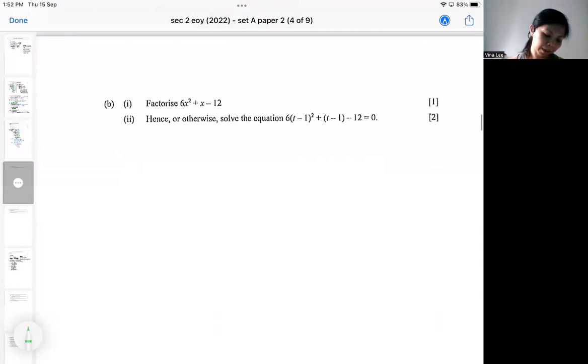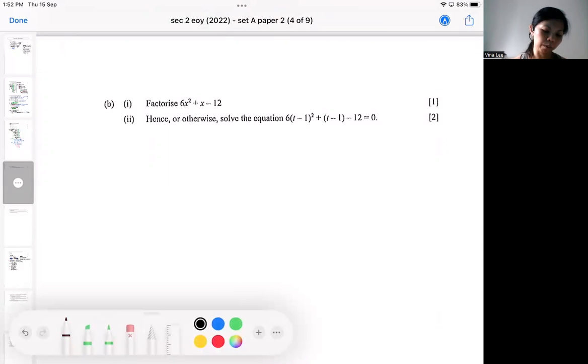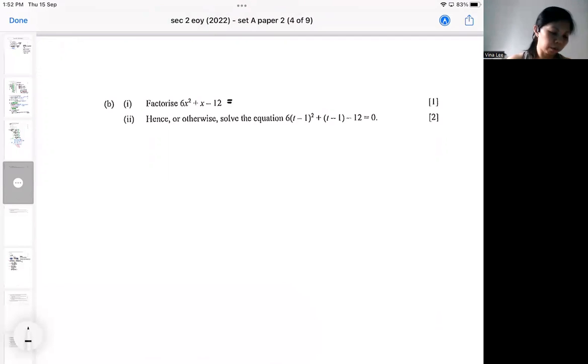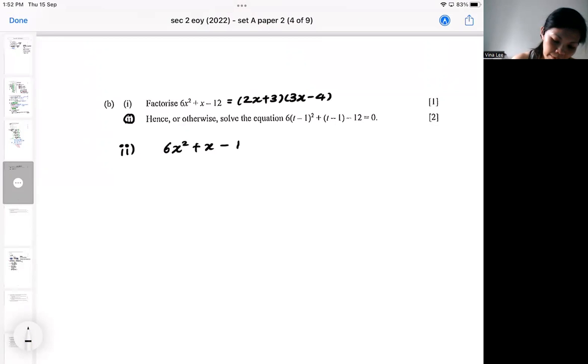B part, second part, a lot of you got issues after the factorization. Those of you who got issues with the second part, that generally is because of the concept of comparing. So for the second part, your job is to be able to compare. So if you try comparing this with this,